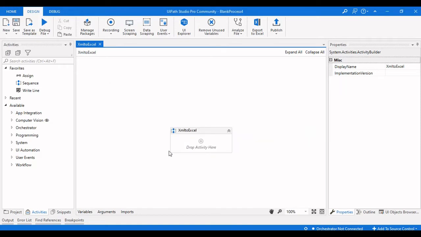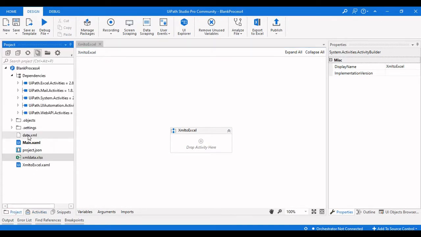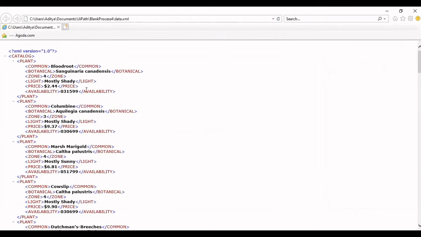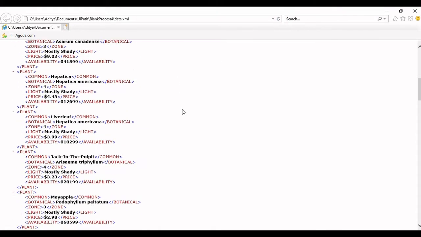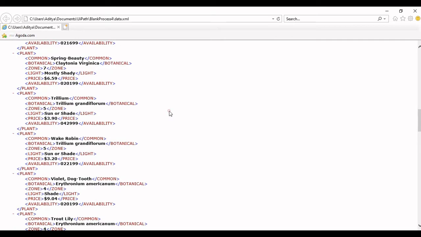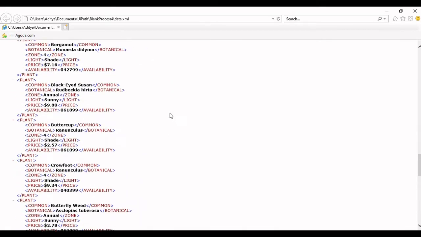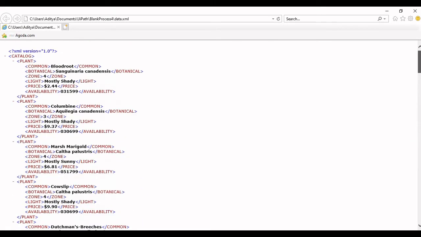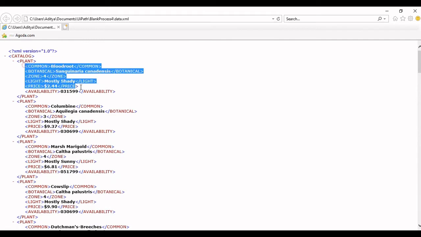Today what we are doing is getting data from XML file, extracting data from XML file and entering them into the Excel file. Let me first show you the XML file that we are extracting the data from, and this is the XML file that we are using today, and we will be extracting all this information into the Excel file.